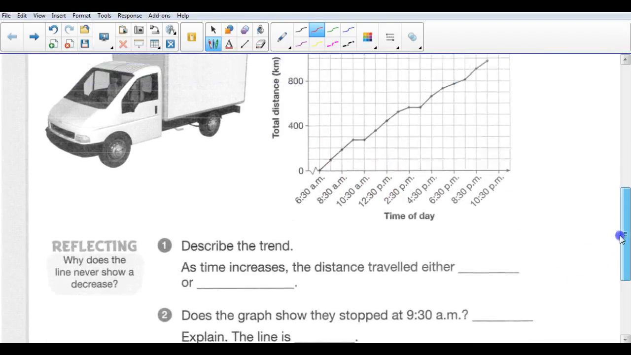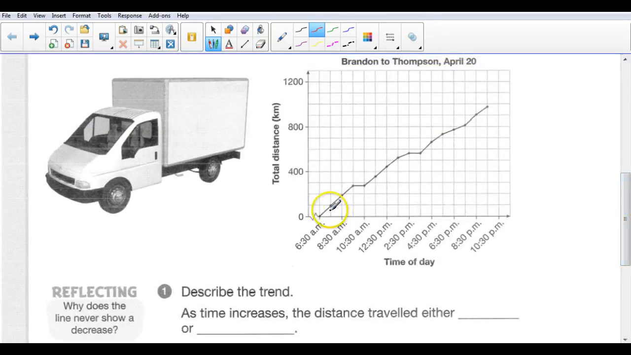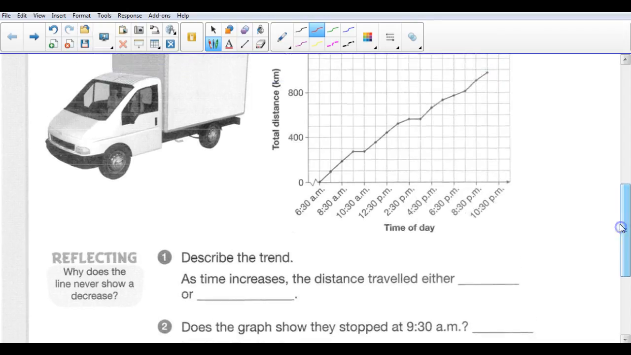So describe the trend. Let's look at the graph. The trend basically indicates what is happening with this line graph. Well, it looks like it's going up and to the right. As time increases, as we go from 6:30, the starting point right here, to later on in the day, and it looks like the intervals are by an hour, as the day goes on, we could say that the line graph is going up, the distance is getting greater. So as time increases, distance traveled increases,